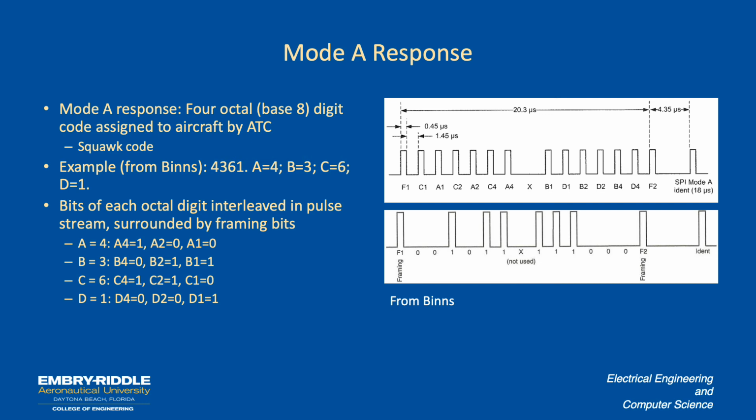There's a framing bit that says the message is beginning, and then the various C1, A1, C2, A2, C4, A4. There's a skipped bit there, then B1, D1, B2, D2, and B4, and D4, and then the last framing bit, which is 20.3 microseconds after the first framing bit. There can be an additional identifier code pulse that comes 4.35 microseconds after F2,